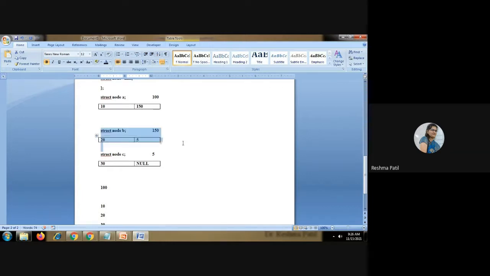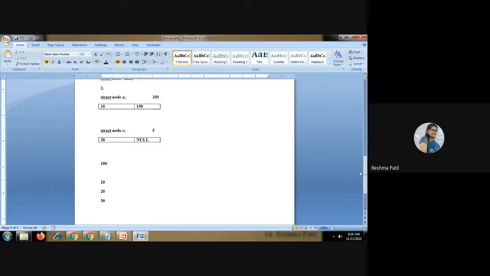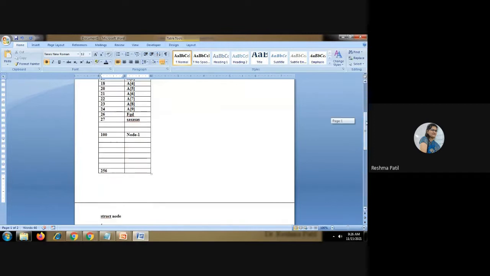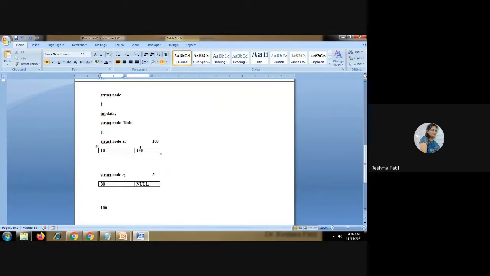Suppose I want to delete this. In a program, we have to add the logic. Diagrammatically, it is easy. But in a program, we have to write everything. Suppose I want to delete this node B. Directly, I will press the delete key here. It is so easy. But in a program, we have to write everything logically. So this part is also gone from the memory. But here in the program, we have to write the next node. What is the next node of this deleted node? 5. That address we have to write here. So this node can be linked.